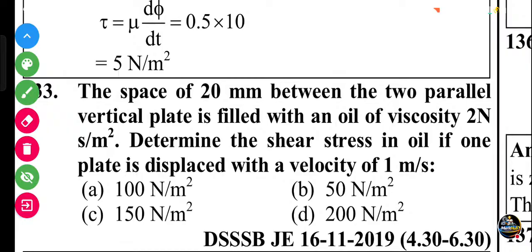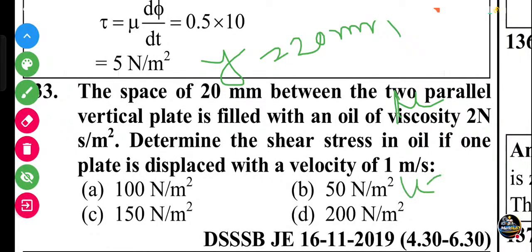Next question. The space of 20 mm between the two parallel vertical plates, y equal to 20 mm. The vertical plate is filled with oil, viscosity mu is given. Determine the shear stress and the displaced volume, with U equal to 1 meter per second. You put this equation, tau equal to mu du by dy,